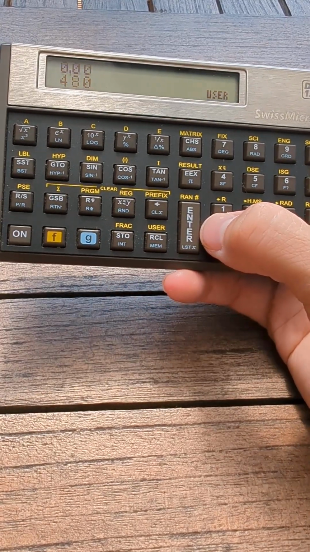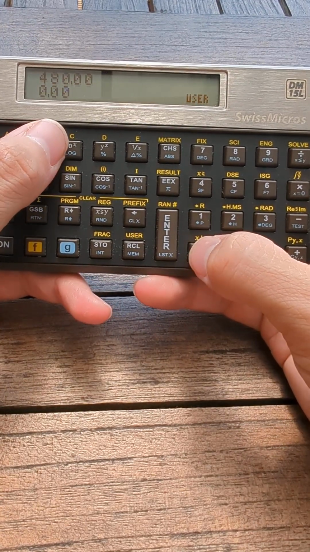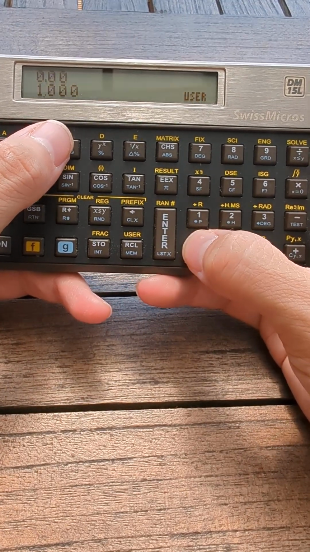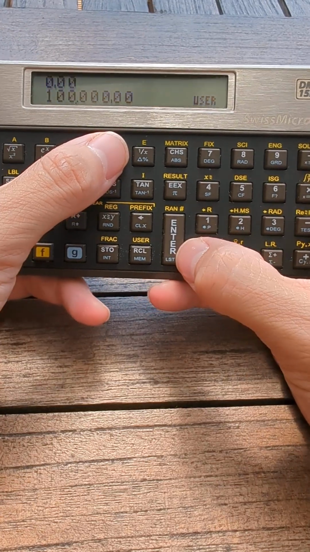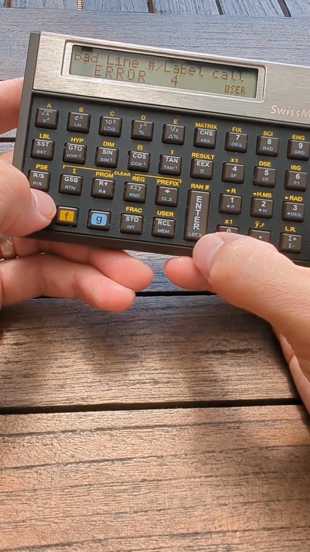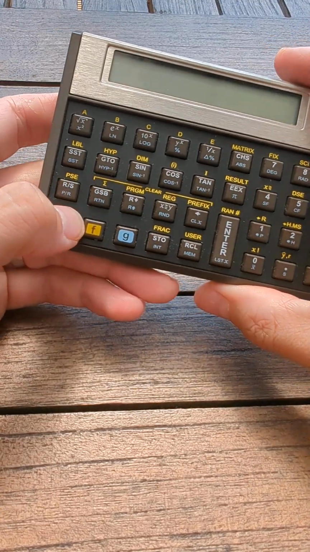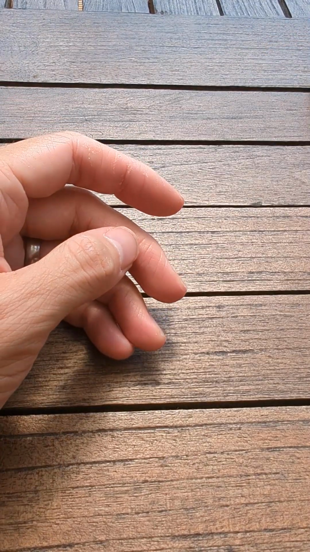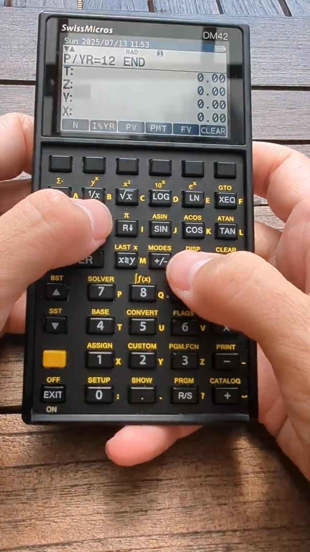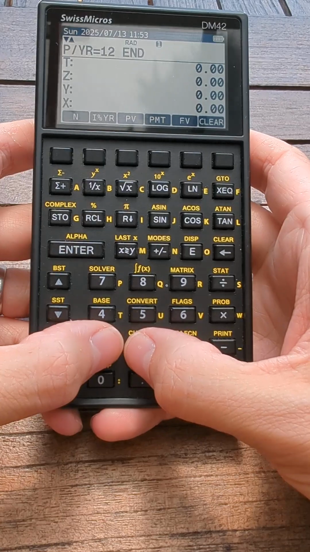So puzzle 480 in here, 0 in here, 100,000 in here, and it crashes. And to be honest, it can't really solve much more than that, as well as it messing up the stack. But yeah, if you have a look at the program for DM42,